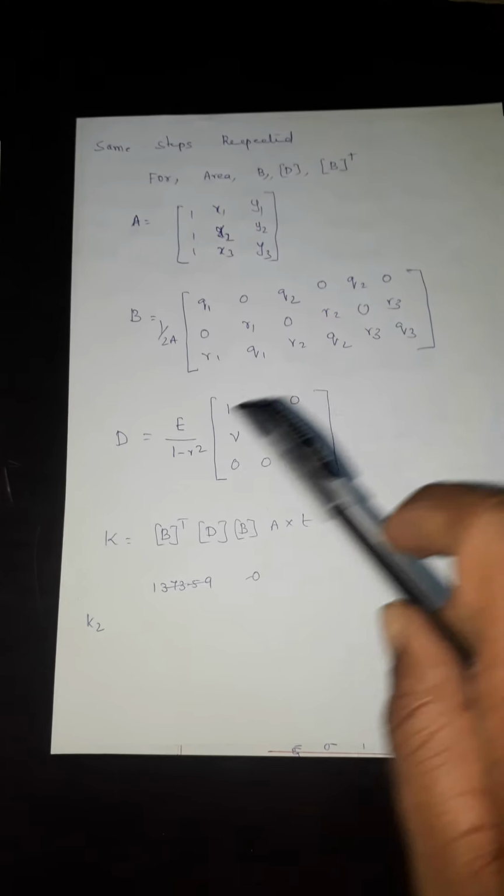So what you have to find out? The B matrix you have to find out. So the area A we have to find out. Then same thing, you get the coordinates, and q1, q2, q3 you can easily find by applying q1 is equal to y2 minus y3, and the same way you find q1, q2, r1, r2 values. And it is a plane stress formula. Then its mu value you substitute, this value will be the same as for element 1, so you can take that value.